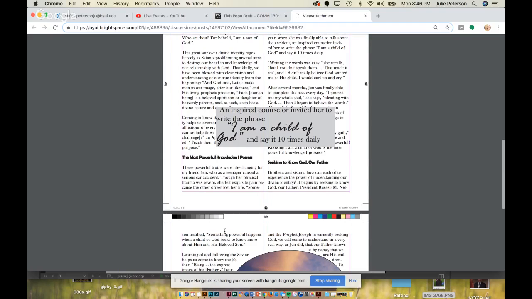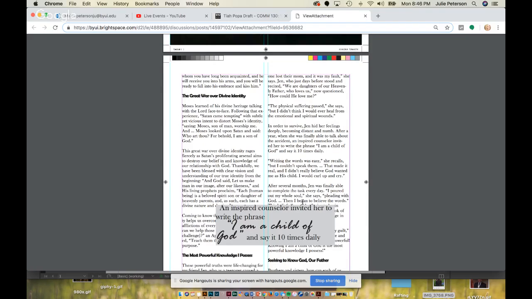Oh, this phrase. So an inspired counselor invites her to write the phrase, "I'm a child of God." I like how it's scripted, maybe, but it's still not staying grouped together because you have it all in another line. So you'll either need to keep it like the line phrase, "I'm a child of God," like you do kind of here, or I would put a semicolon there so that it reads like on the second line. Does that make sense?